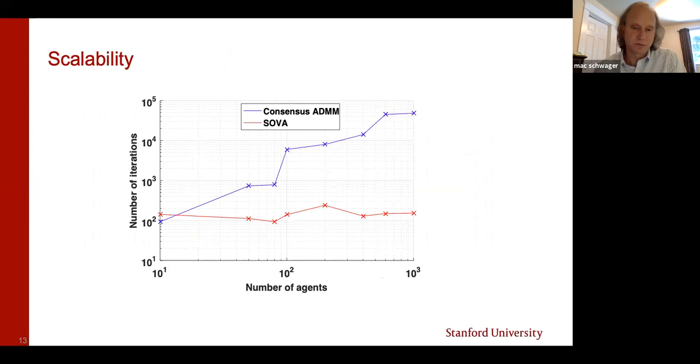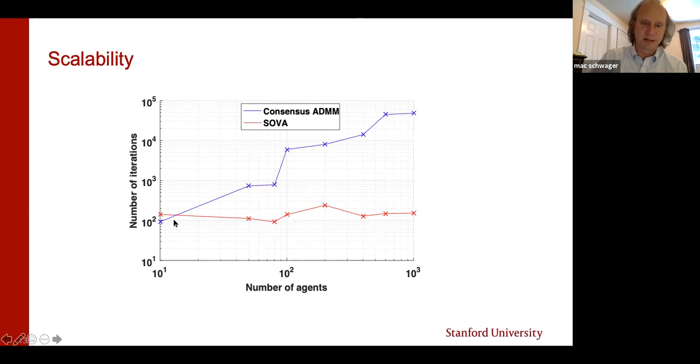Now, how does this scale with respect to the number of agents? And really the question ought to be more posed as, how does this scale with the number of new decision variables that are brought to the problem by new agents? So what we've done here is we've said, okay, every new agent brings a certain number of new decision variables to the global optimization problem. And now with consensus ADMM, every agent has to add that to its own local copy of the decision variable. So the decision space on every agent is growing every time you add new agents, right? So the decision space for the global problem is growing quadratically, and the decision space for the local problem solved by each individual robot is growing linearly.